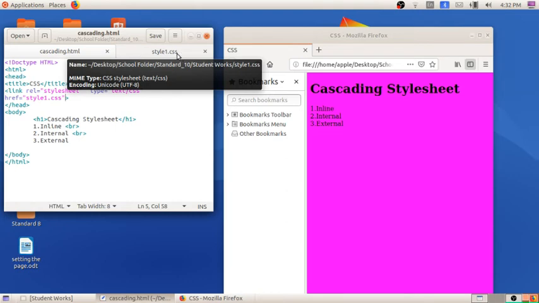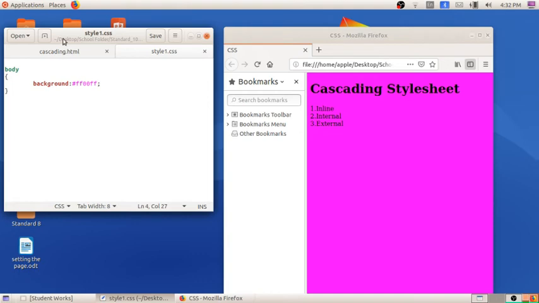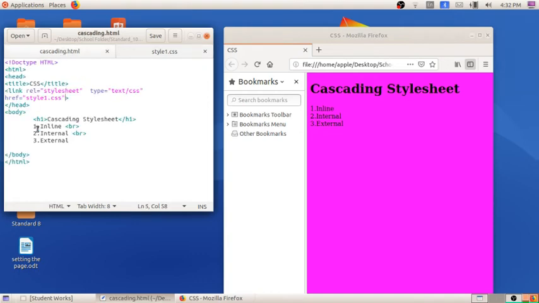Okay, file name .css. .css must be there, and by using the link tag we have applied this style to our HTML. So without repetitions we can apply the same attributes to the different web pages. Okay, this process is known as the external CSS.